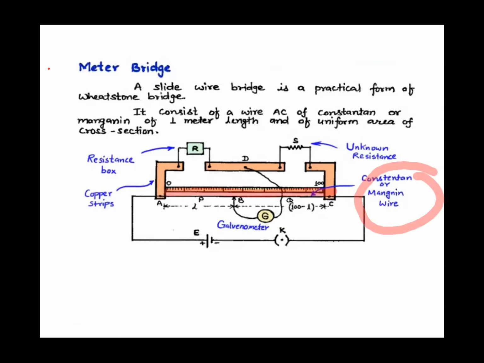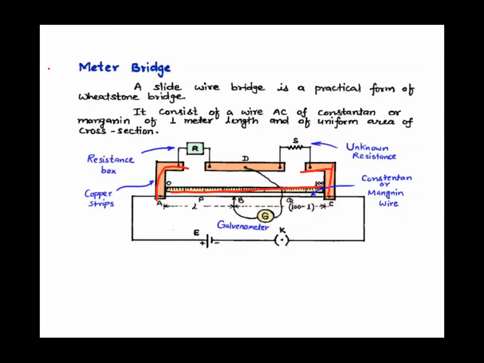So here this brown color, you can see that is a wooden board. Between these 2 points, that is A and C, a 1 meter long wire is fixed. Right, children? And next, the 2 ends are soldered to the L-shaped thick copper strips A and C. This is, children, your L-shaped copper strips. As you can see here, these are L-shaped copper strips.